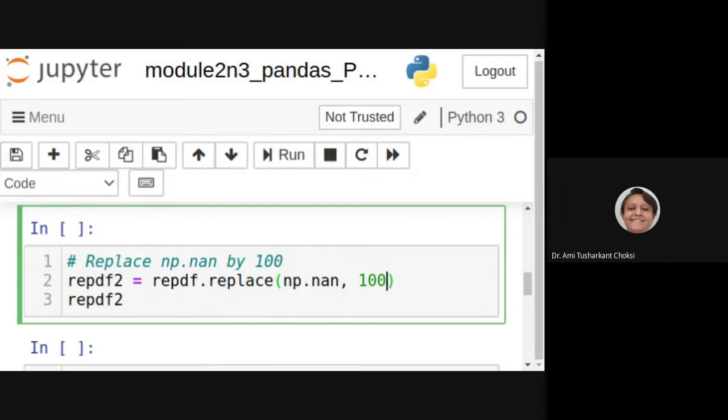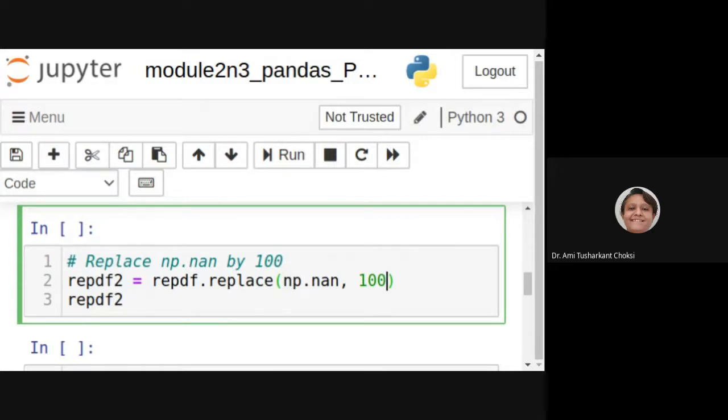You can assign a common value. You can assign a mean value. Other data is available, so you can find the mean and replace the missing value. Median you can use. Mean, median, mode, you may be aware in statistics, right? So we can use those values to replace the missing value, right? Or otherwise, whatever is the most common value, that also you can use, fine?